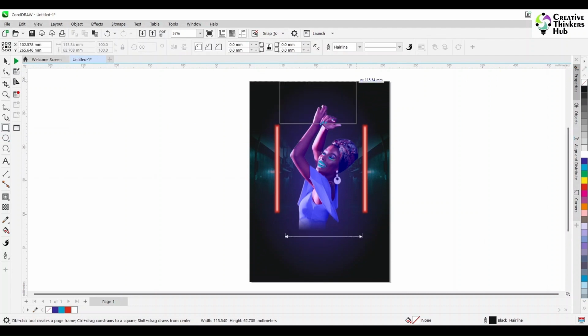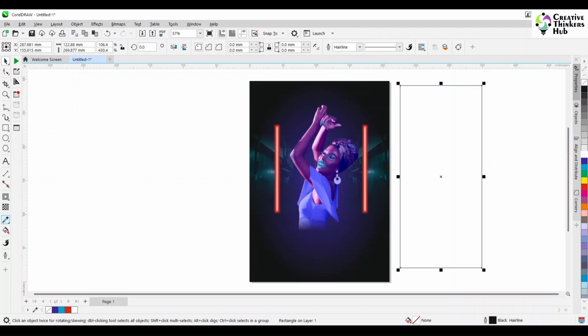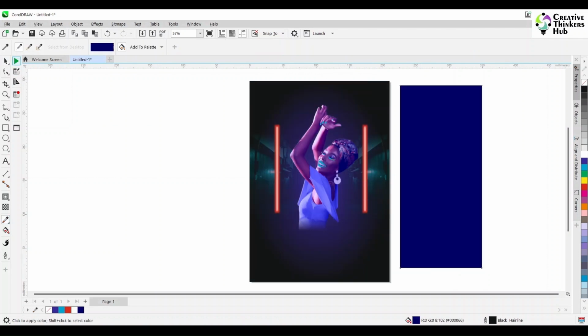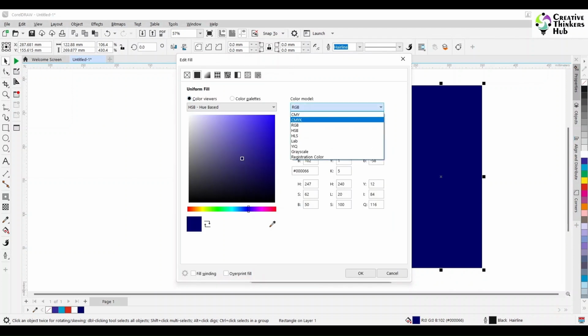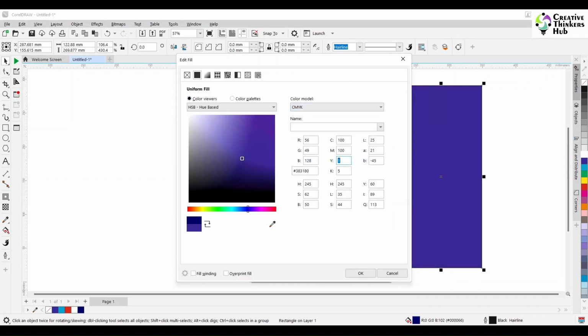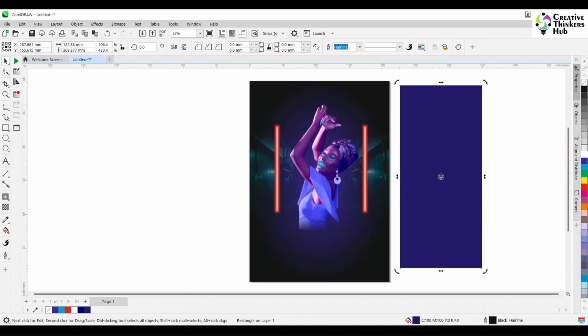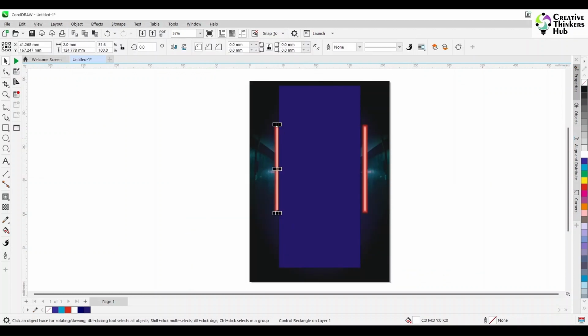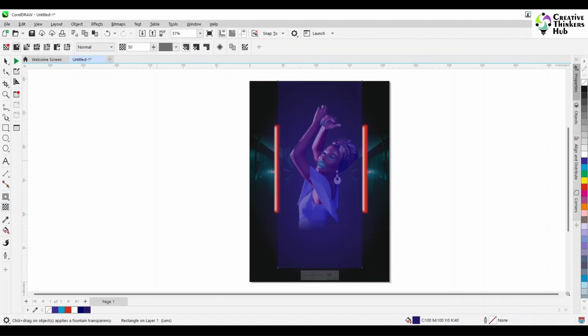So we make another rectangle, let's say 3. Select a color from here and then convert it to CMYK. Then copy and paste it, darken it, and give it another blur. I think it is good. Then press Control Page Down. Once the blur is done, you keep it here and put it exactly in the middle of the lights and give it a